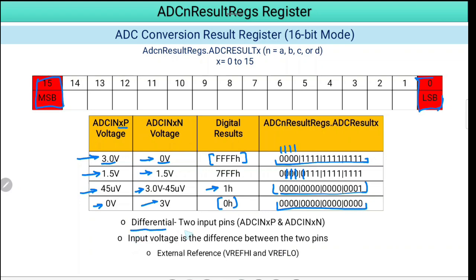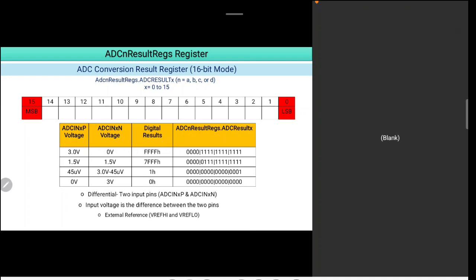So differential channel has two input pins, one positive pin and another negative pin, and the input voltage is the difference between the two pins. Here also an external reference is needed to drive the analog to digital converter. The analog to digital converter has another set of registers, that is the ADC